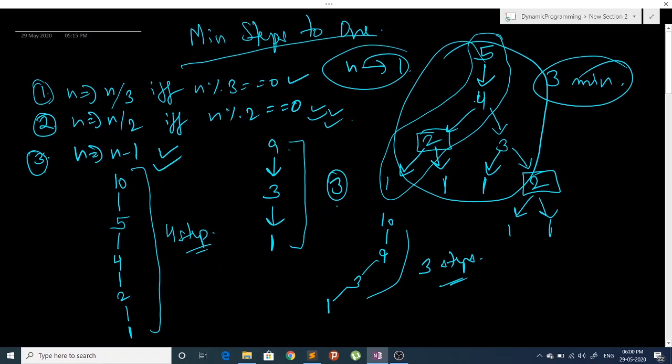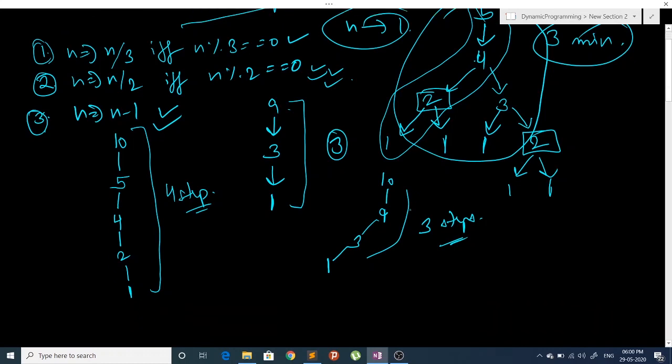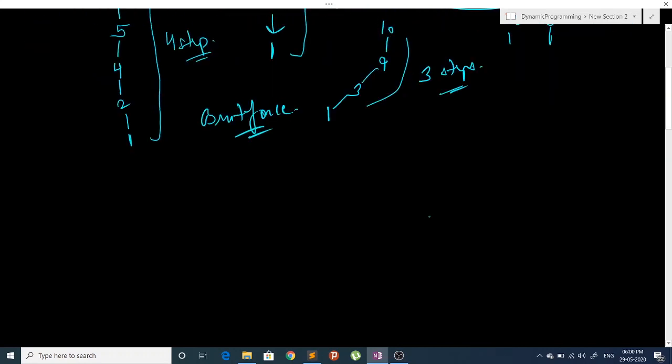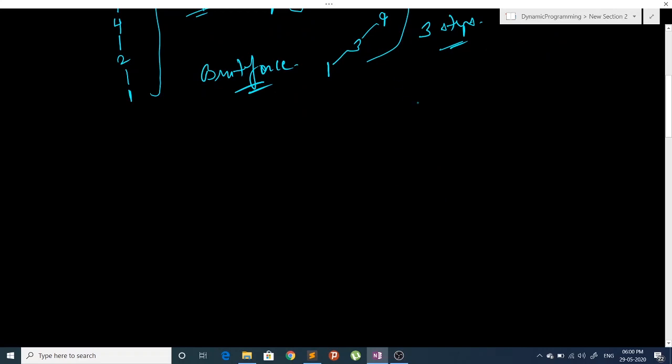So we have to follow dynamic programming and try all the possible approaches. We will just brute force it first, and then we will apply DP to it. So let's generalize our tree.